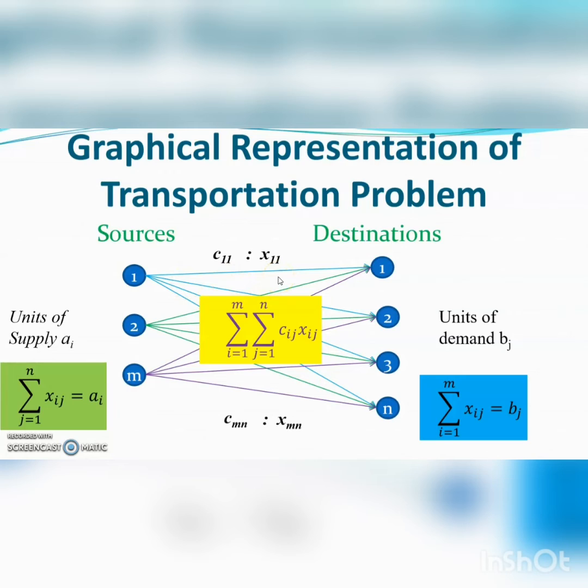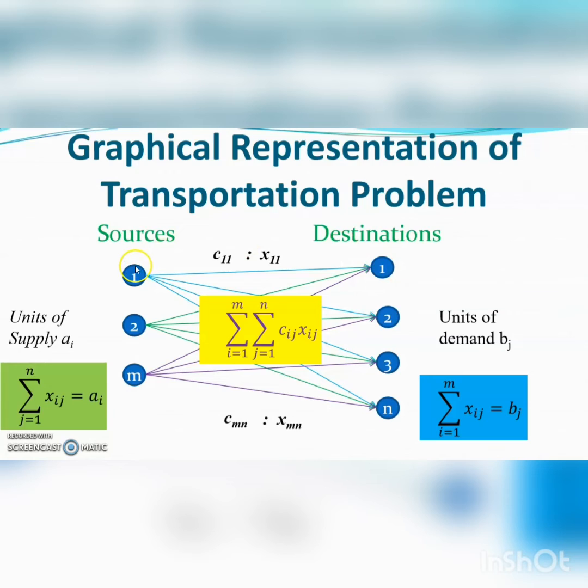Obviously, all xij's are greater than or equal to 0. These xij's are called the decision variables. Also, these are called the allocations. So, in a transportation problem, the transportation cost for shipping 1 unit of product from each source to each destination